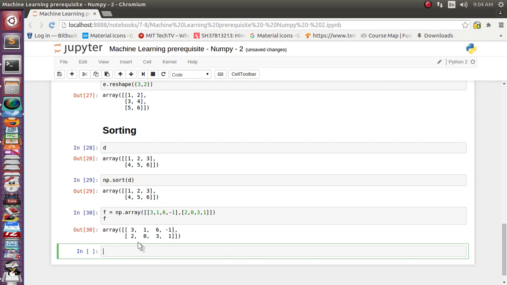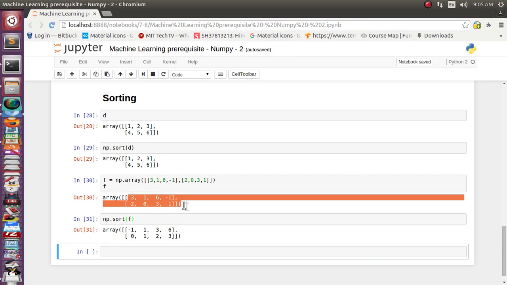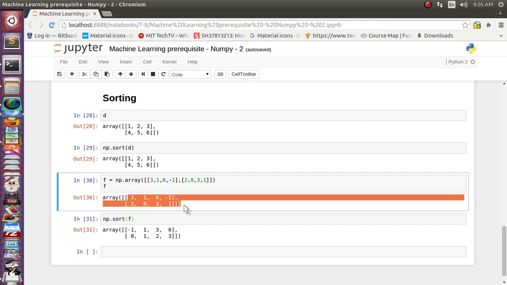So we have an array with 2 rows and 4 columns. Now suppose we want to apply np.sort to array f. It has sorted the array across all elements. We have a total of 8 elements, and all 8 elements it has sorted and again distributed into a 2 rows and 4 columns matrix.